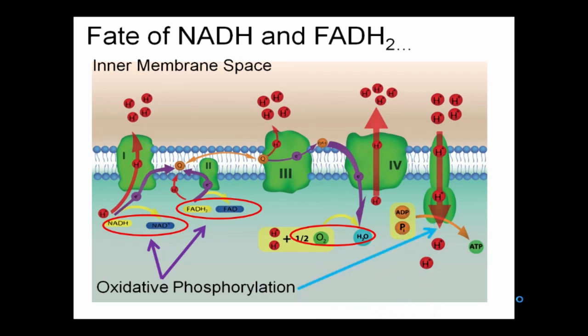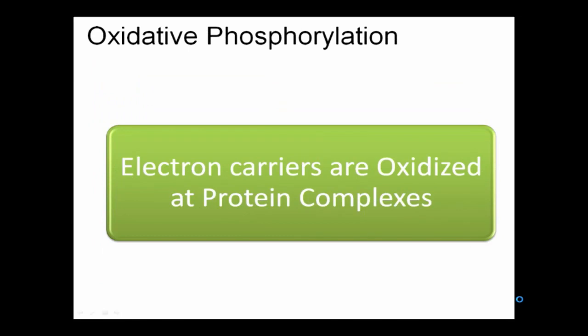The phosphorylation part of this comes from ATP synthase that uses the hydrogen ion gradient to form ATP. We're going to look at that in a minute. So let's recap oxidative phosphorylation. Electron carriers are oxidized at